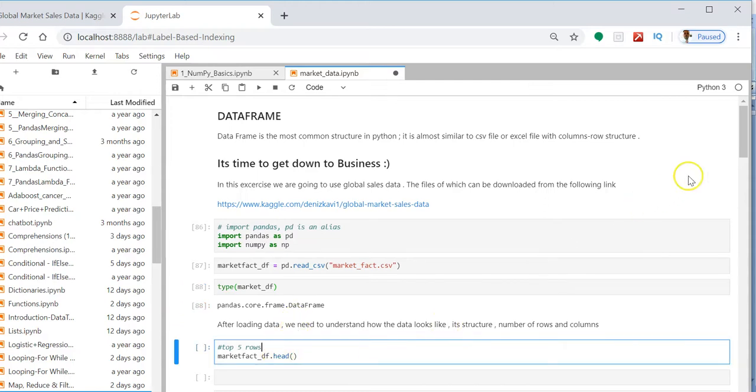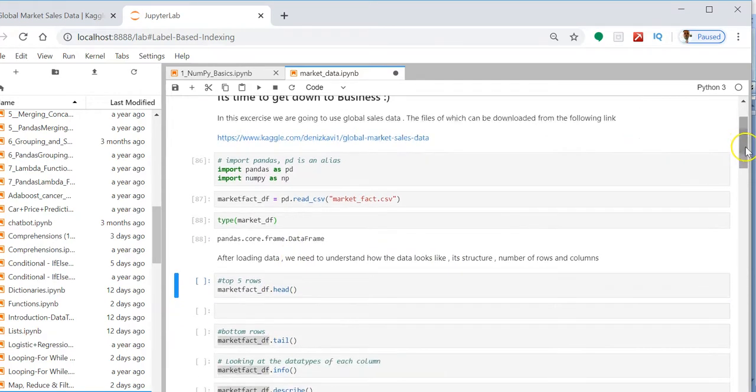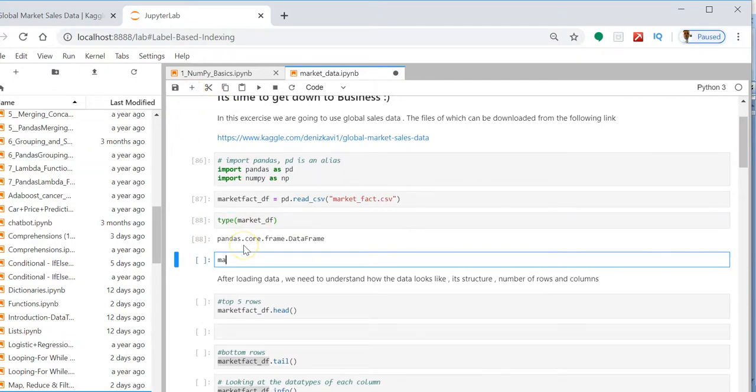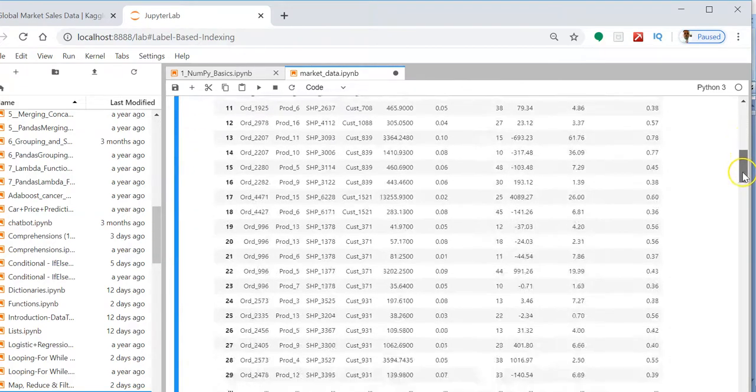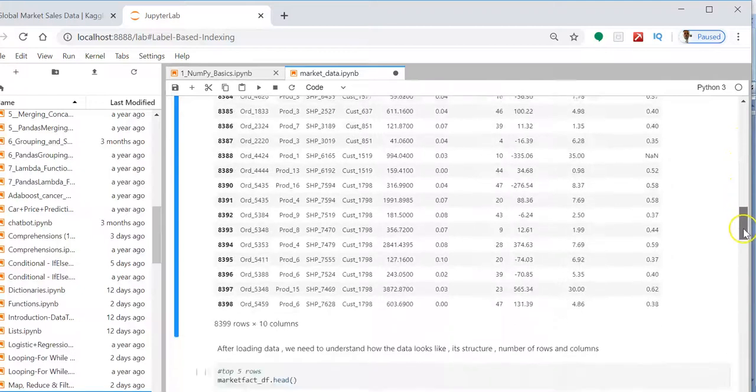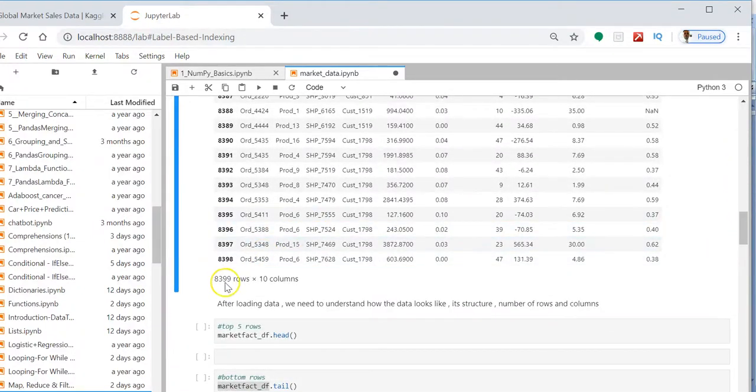Now let us first see how the data looks. Control enter. The console has fetched this much data, but you cannot see the entire data. Basically there are 8399 rows and 10 columns.